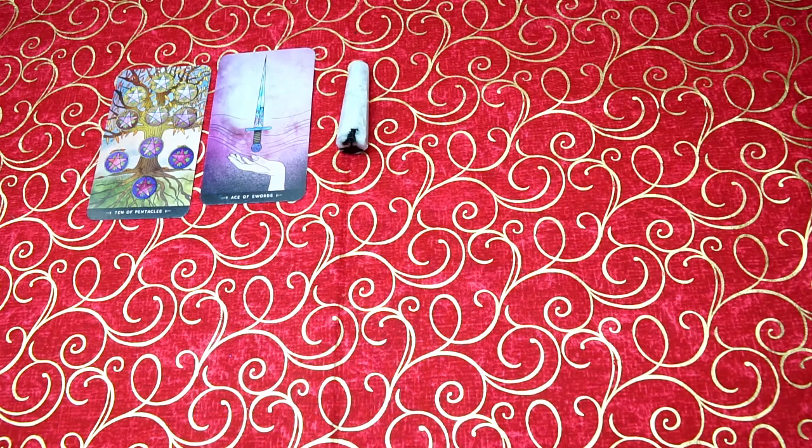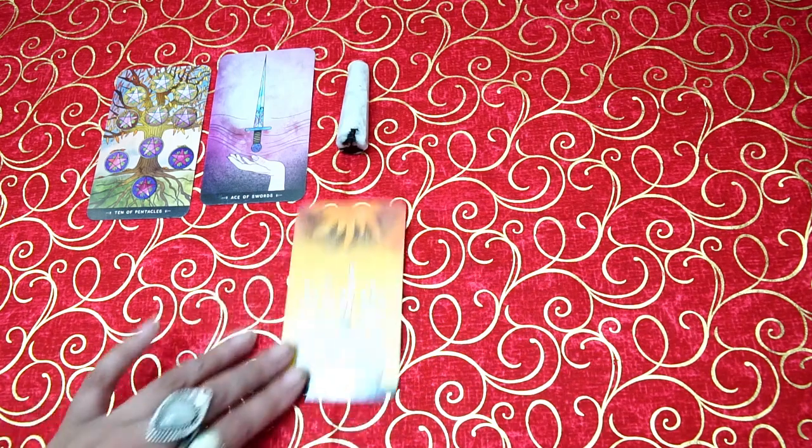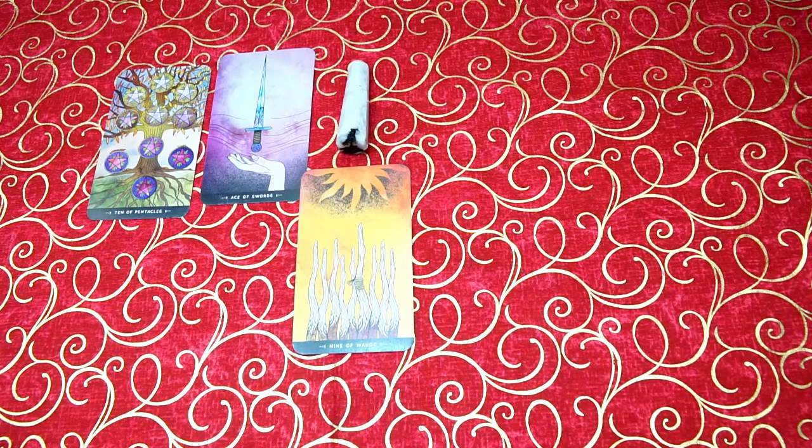You have the ability to create a lot. You have the ability to help a lot. You have the ability of financial freedom, stability, security, all this stuff. But what's blocking you is a lot of things in your mind. Now, the next card that we have here is the Nine of Wands. Now, the Nine of Wands is telling me